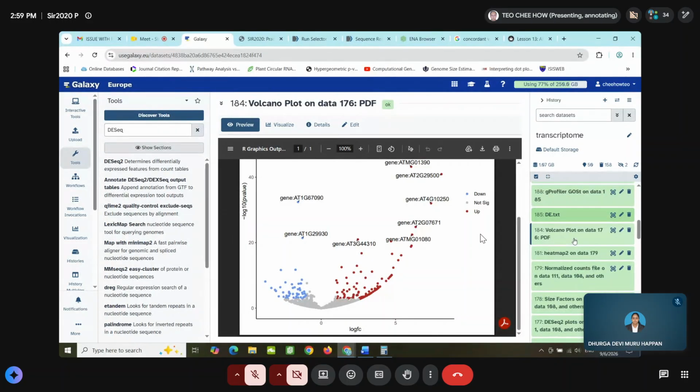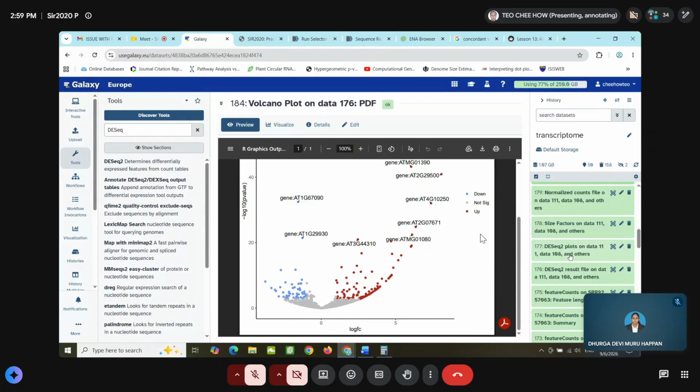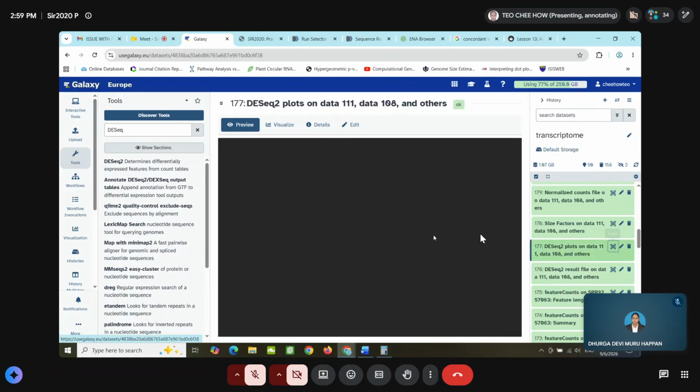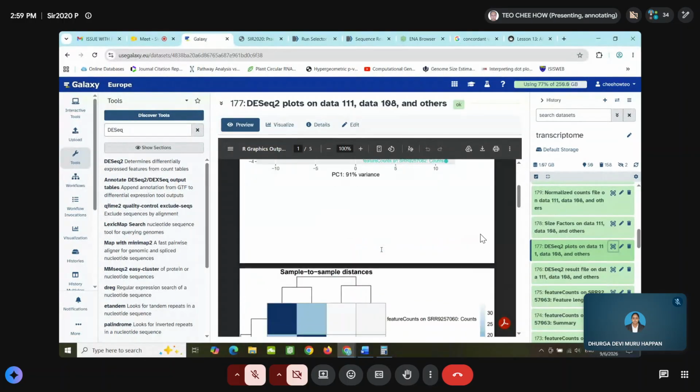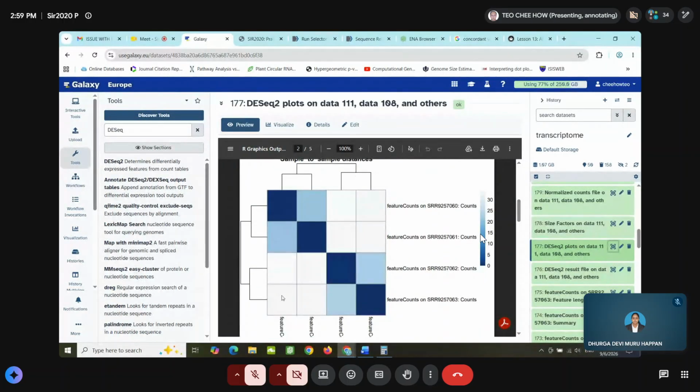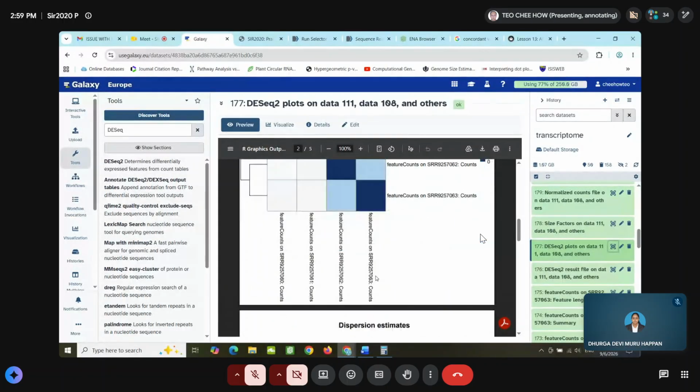Right. So you will generate a volcano plot, a heat map plot, and also the PCA plot. This PCA plot. And this one, sample correlation plot.